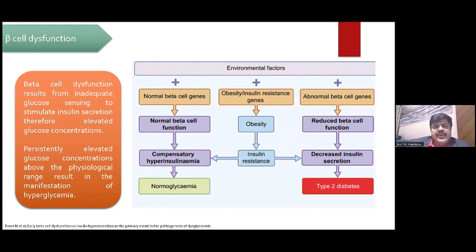So normal beta cell genes give normal beta cell function, compensatory hyperinsulinemia, and normoglycemia. In the middle, you can see the obesity and insulin resistance genes leading on to obesity, leading on to insulin resistance. And the abnormal beta cell genes lead to reduced beta cell function, decreased insulin secretion, and leading on to